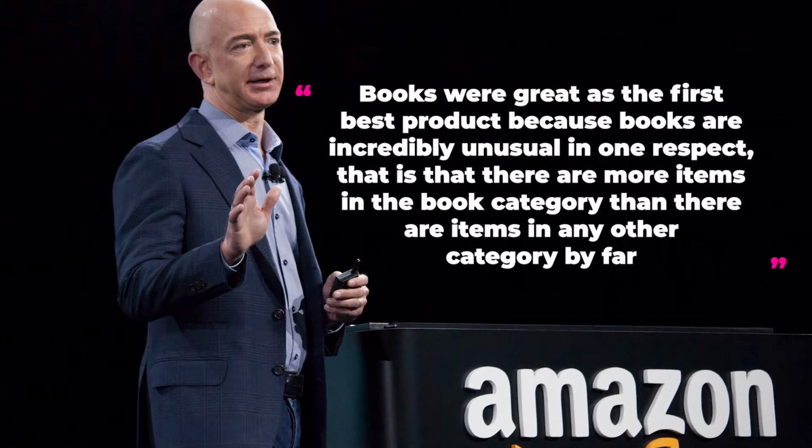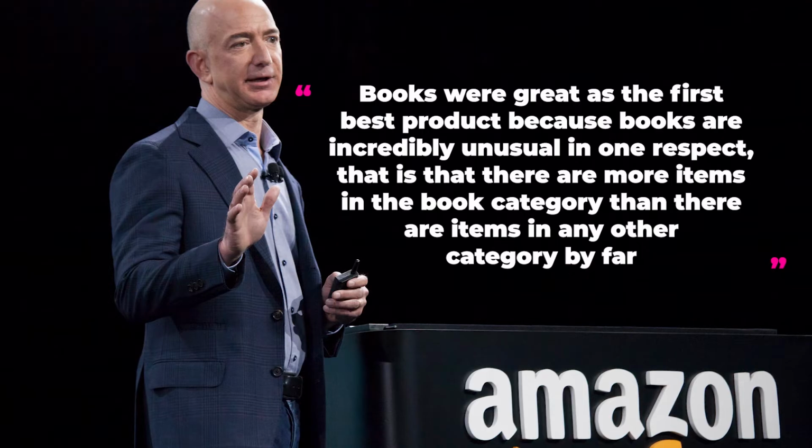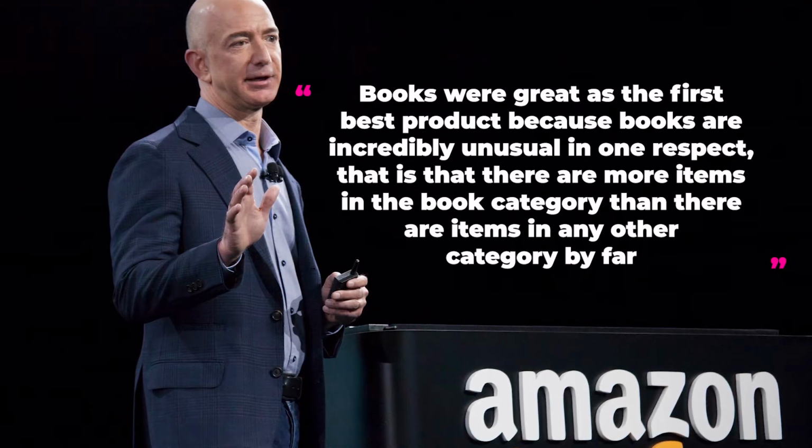so unique and there are so many different categories to choose from and so many different audiences that will come from those categories. So when you have that many items, you can literally build a store online that couldn't exist in any other way. So what Jeff Bezos did, he ultimately selected a niche that brought in a vast array of different types of customers who liked different things, different genres, different categories, who could potentially like different types of